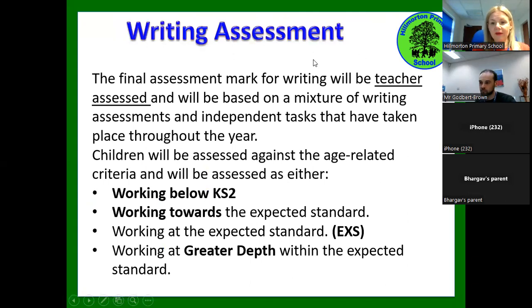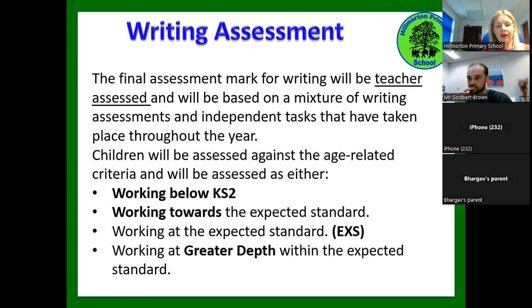The writing assessment, as Mr. GB said, is teacher assessed, and is based on that mixture of writing assessments and independent tasks that have taken place throughout the year. You will have all of these codes when you get the results, and I'll show you an example of what the results look like at the end. We will assess against those age-related expectations, those criteria that we showed you earlier, and children will be assessed as either working below the Key Stage 2 standards,